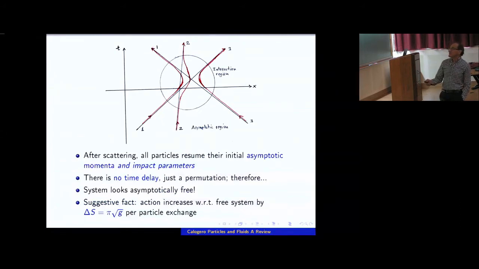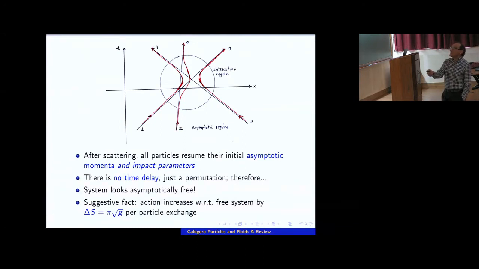So consider that we have three particles. This is space and time. At large negative time, the particles are simply coming asymptotically from infinity, and they converge so that they could scatter, so they move along these asymptotes. When they come near each other, they interact, so they start steering away from their asymptotic paths. But lo and behold, after they are done interacting, they nicely resume exactly the same asymptotic trajectories that they would have if they had not interacted.